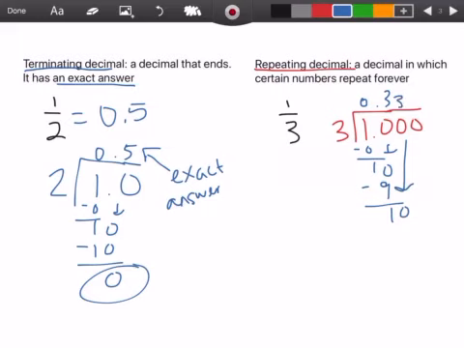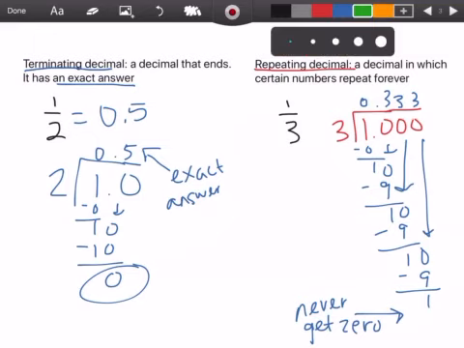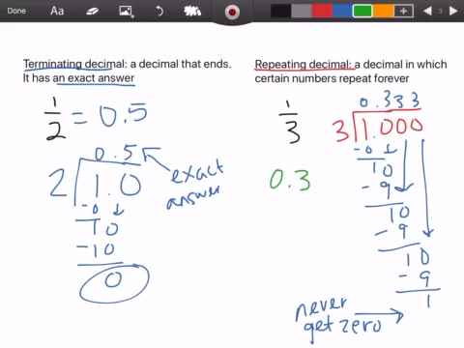So what ends up happening is I keep repeating this same process over and over, and it will never end, okay? I will never subtract and get 0. So that means it's a repeating decimal. Now we show this by placing a bar on top of the numbers that repeat. So since 3 is the only number repeating, I write 0.3 and a bar on top, and that means